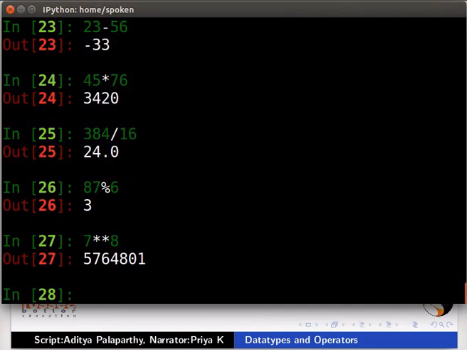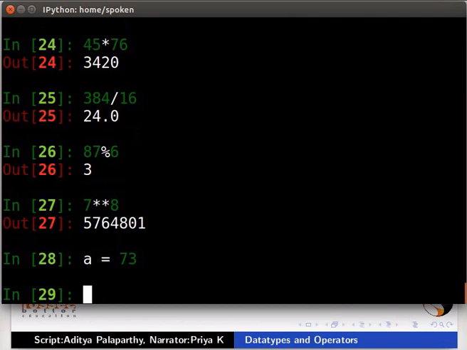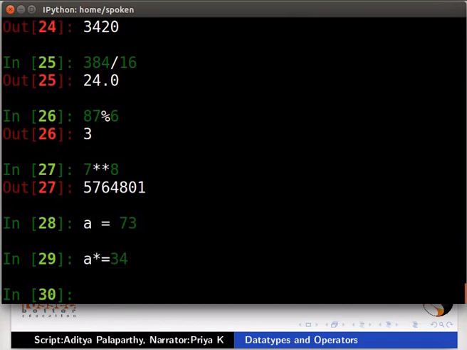In case we want to use the current value of the variable in which the result is stored in the expression, we can do that by putting the operator before equal to. Let us say a is equal to 73. Type a asterisk equal to 34.